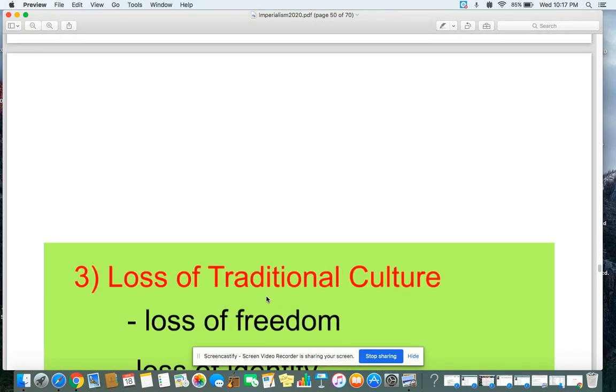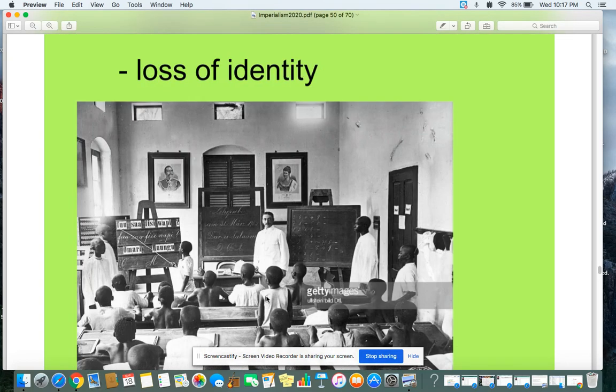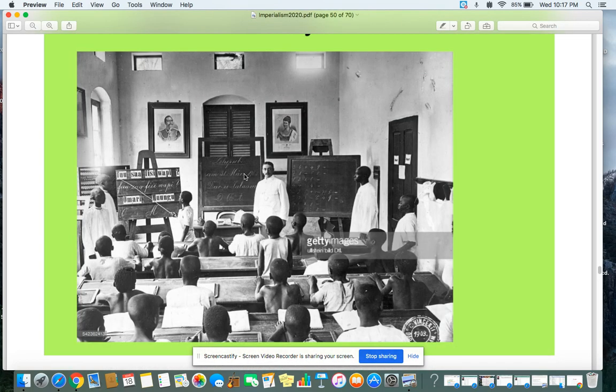Okay, and then just loss of traditional culture, loss of freedom, loss of identity. This is a picture from Africa where it's a German, I believe, teacher trying to obviously educate students, which is a great thing. But one of the things is you don't see any African pictures up here. They're having them focus on the Kaiser of Germany and learn German, and basically a lot of times these schools would say, "Hey,